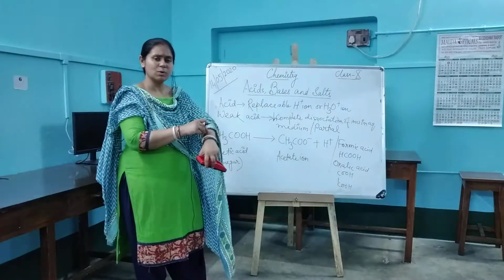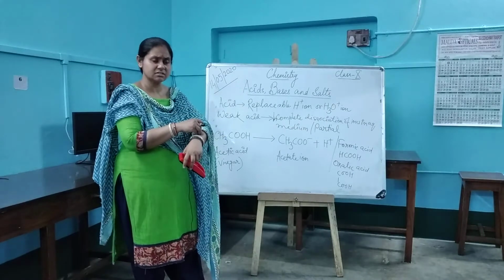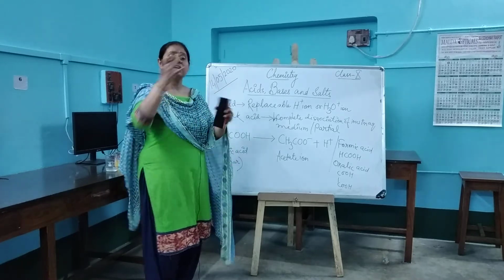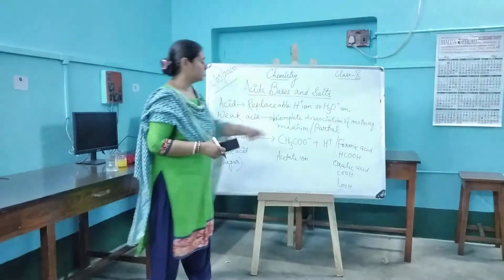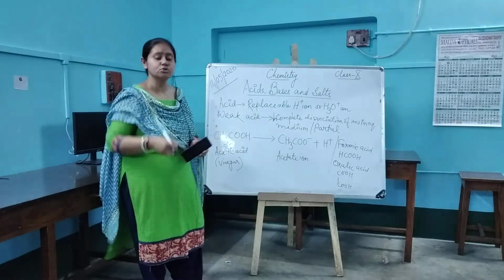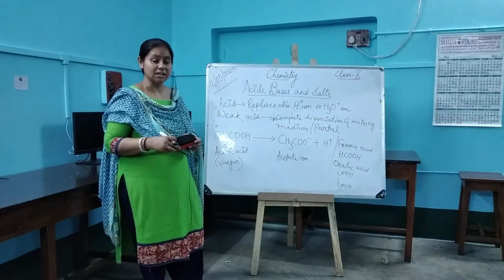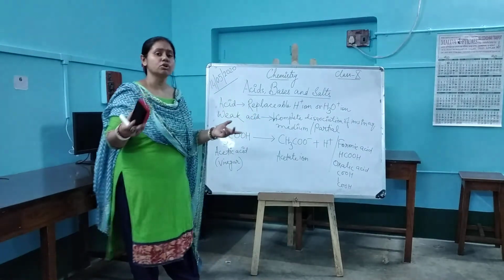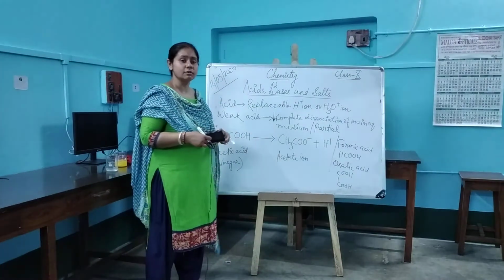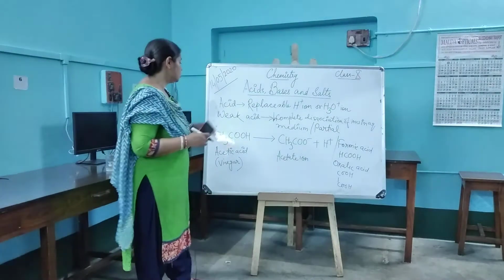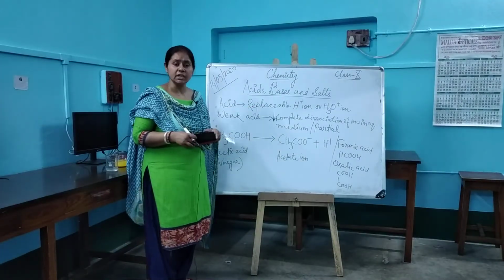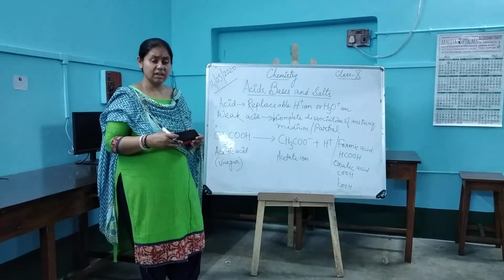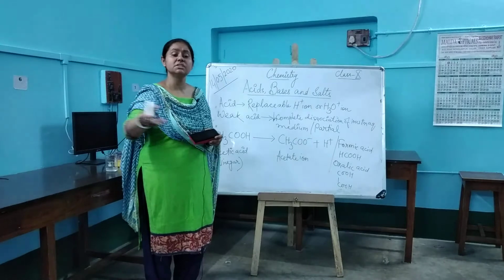You will find that once an ant or a bee stings your hand or your legs, that area swells up. That is because they release formic acid into the area where they bite. That is why it swells up. It gives a redness or a swelling. That is because of the release of formic acid. So these are some of the names of weak acid. Again, we have some more weak acids like citric acid, which is present in lemons and so on.